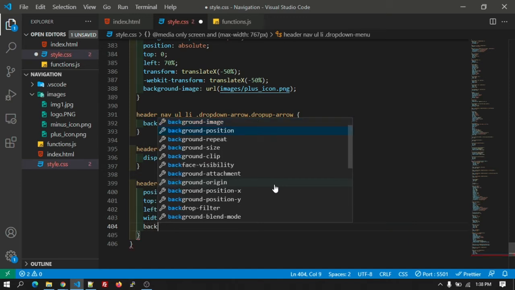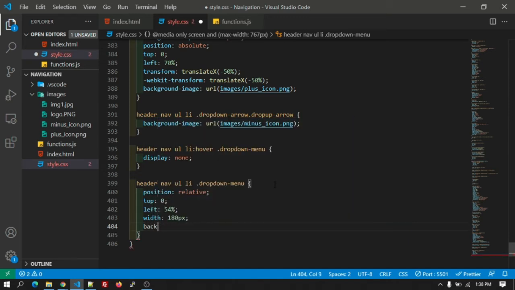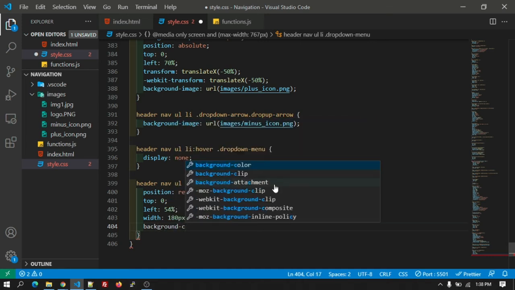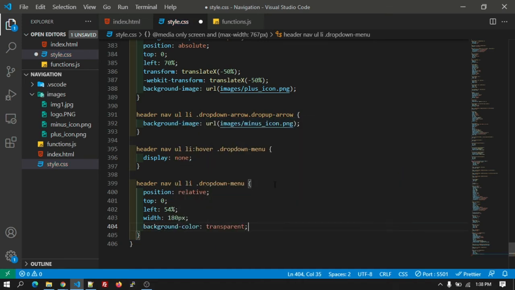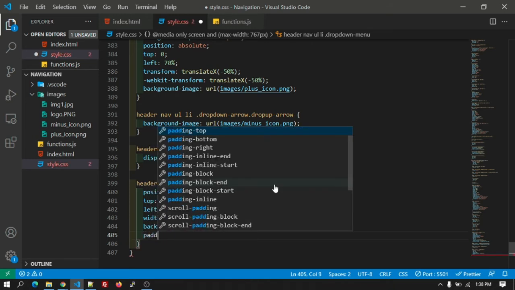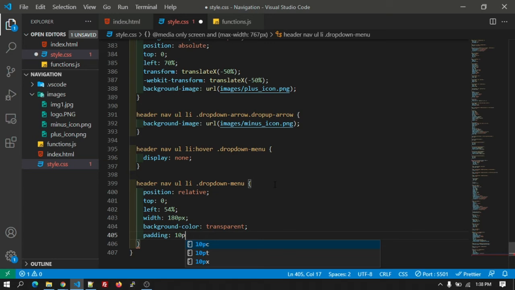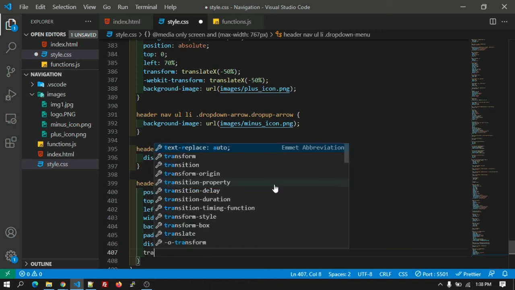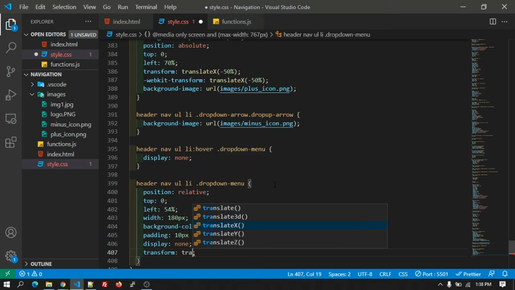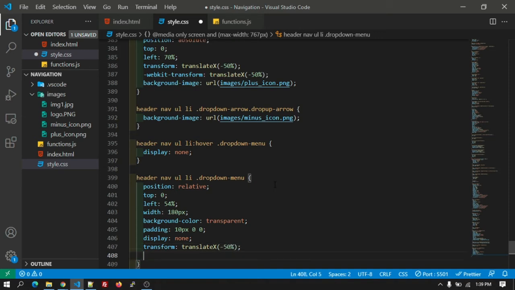The background color is transparent. The padding 10 pixel 0 0, and the display none, and the transform translateX minus 50%, and margin 20 pixel 0 0.